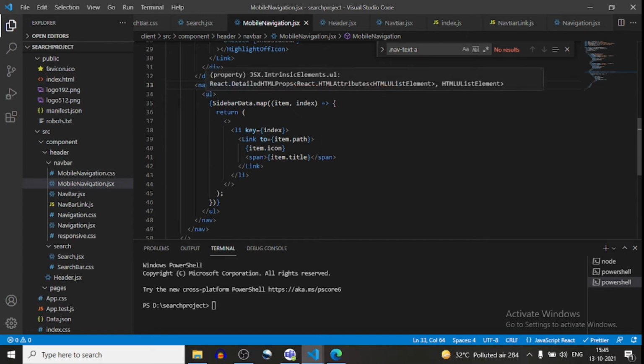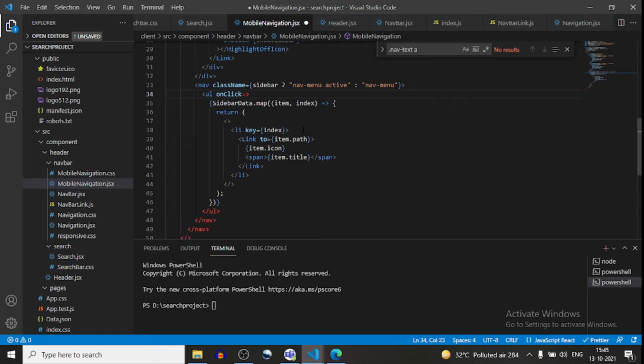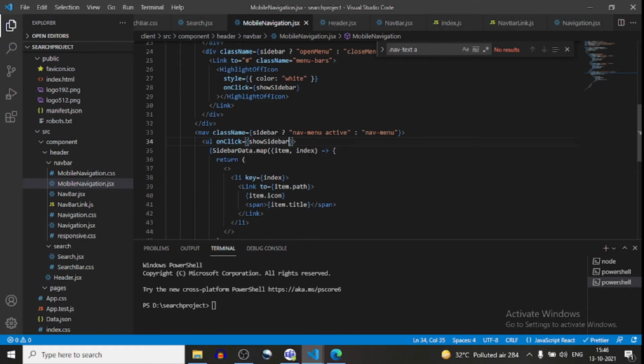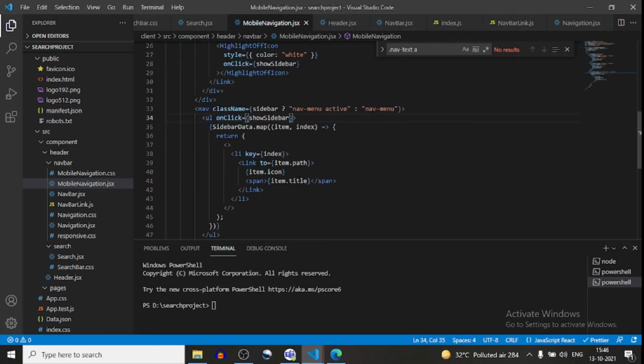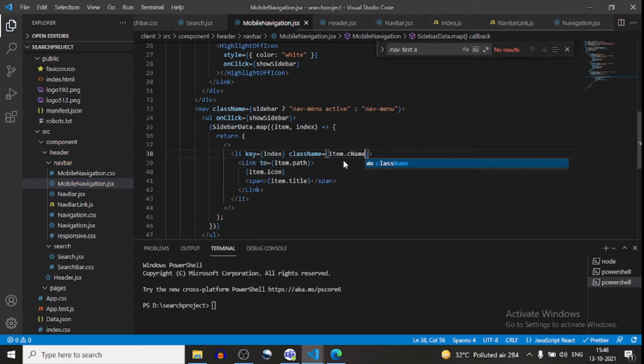But before that, in UL, I will apply some on click, because we have to click on this UL. So this show sidebar function will be called, and a few more things we have to do in this li. We have written a class name, so that class name I will pass over here: class name equals item dot cname. Okay, now it's done.